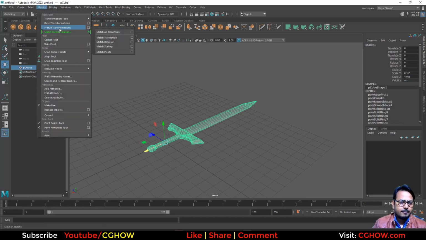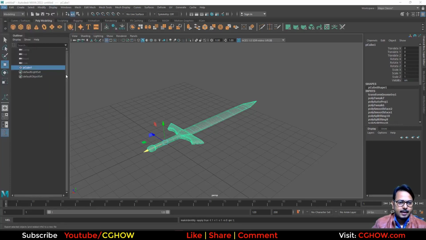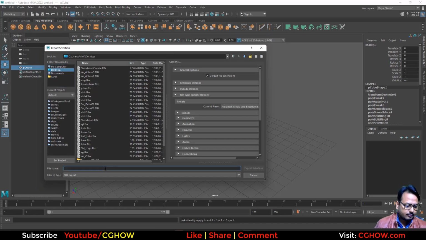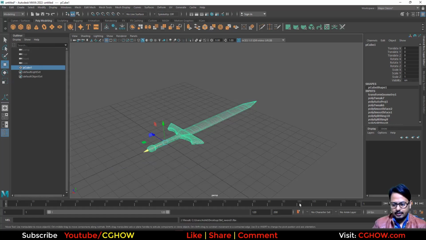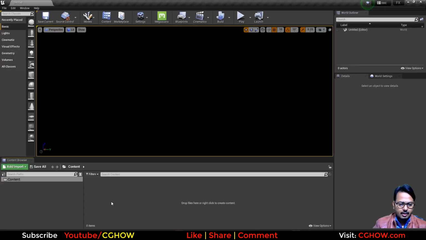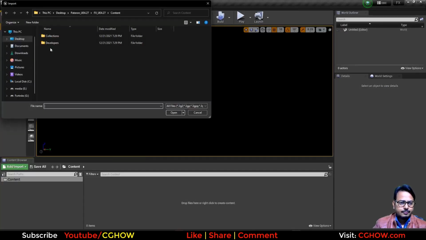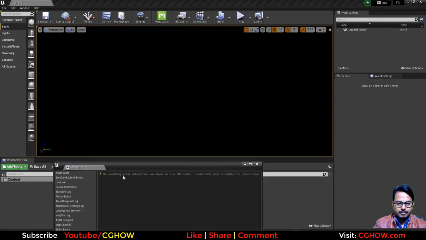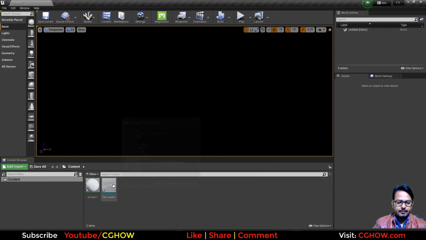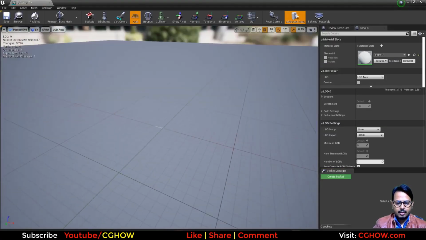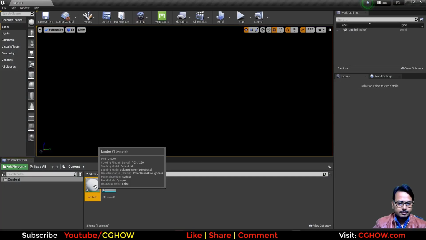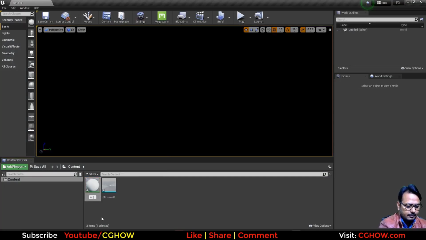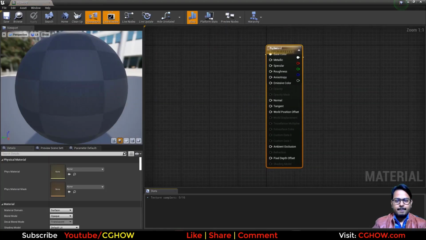I'll just freeze this and export this to desktop as sword 1, and in my Unreal I will import that, desktop sword import. Okay, and this is our sword, and it has also this material. So M sword,